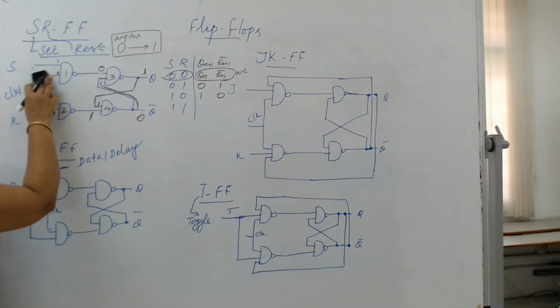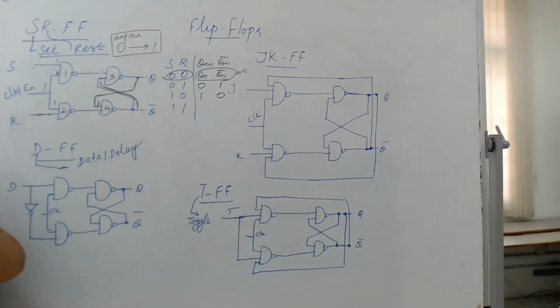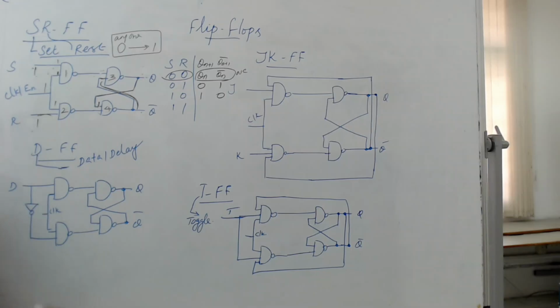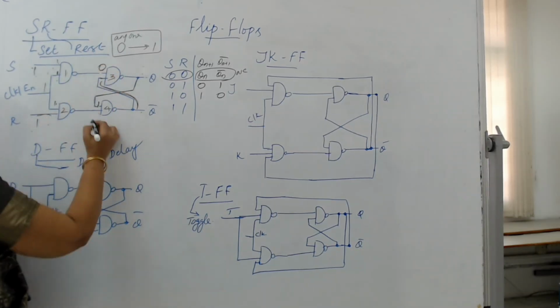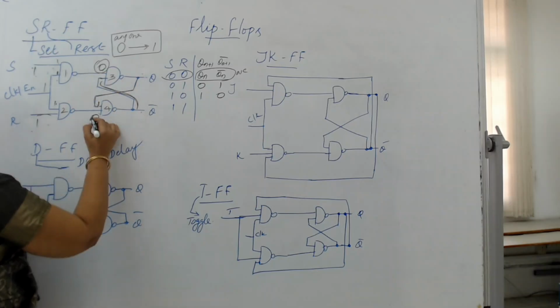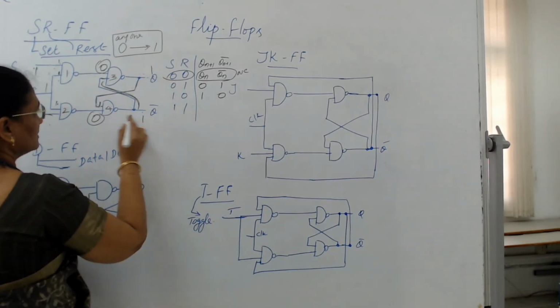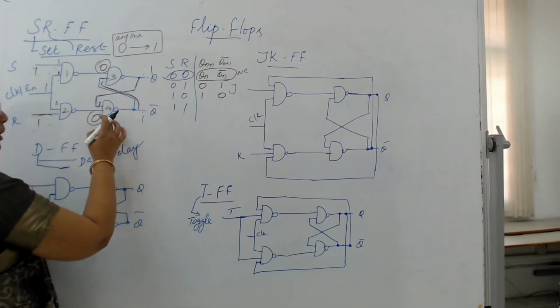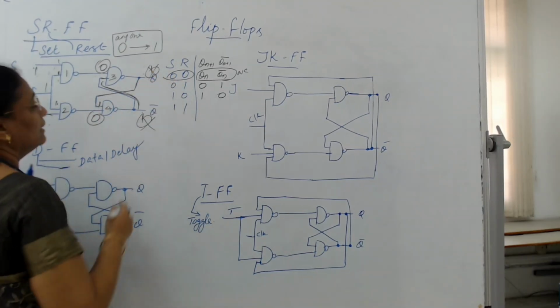Now the last case is where both inputs are maintained as 1, 1. Both the inputs are 1, 1 here. So 1, 1, again 1, 1, both will be 0. If both are 0, as per the NAND gate policy, both NAND gates 3 and 4 are pulling the outputs to 1, but this is not possible in the case of a flip-flop.